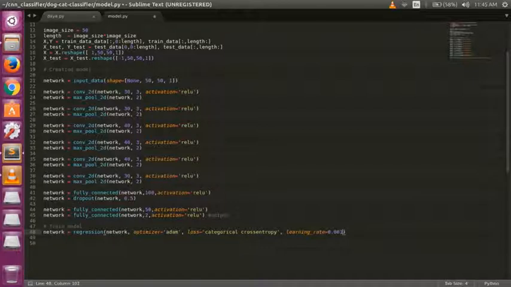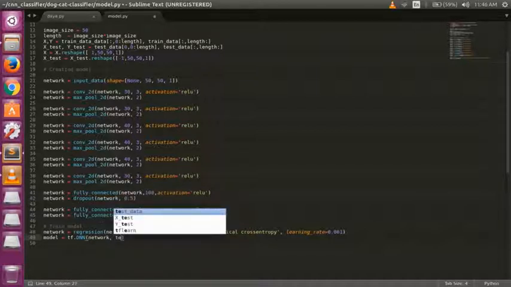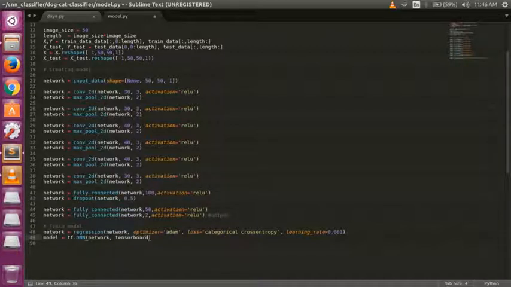Model is equal to tf.DNN, network, comma tensorboard verbose is equal to 0. Now model.fit, this will train our data. So x our inputs, y our input labels, 0 1 or 1 0,